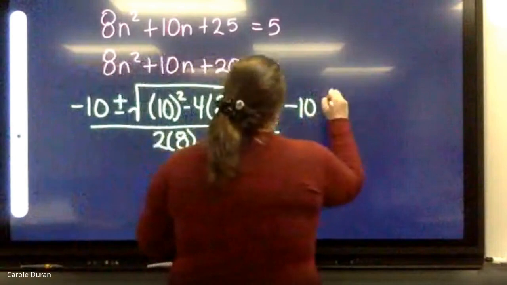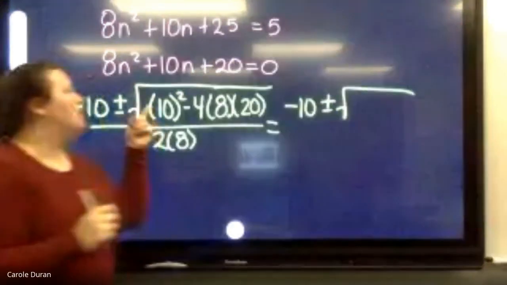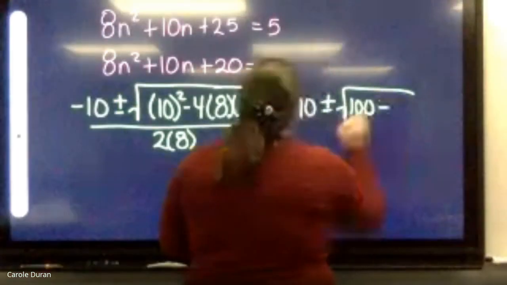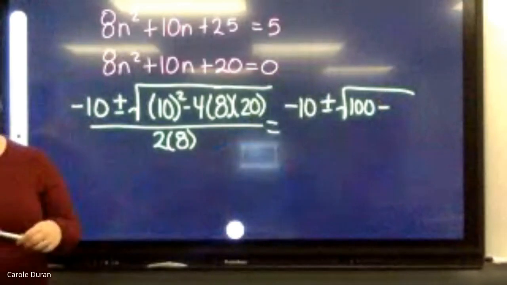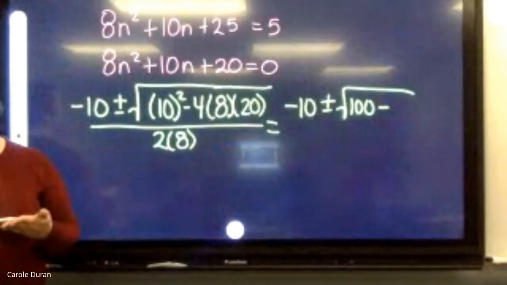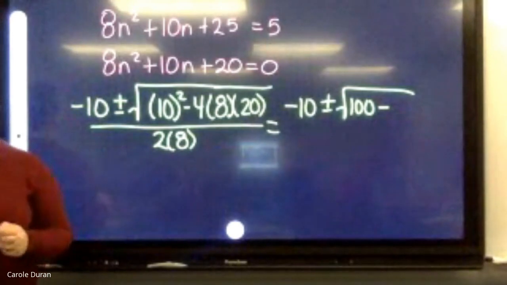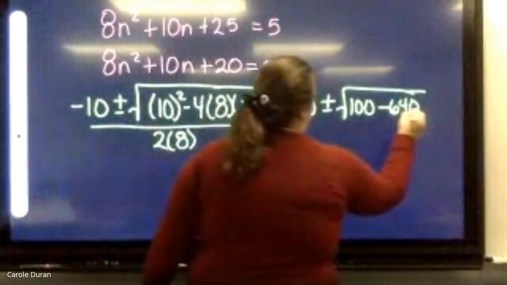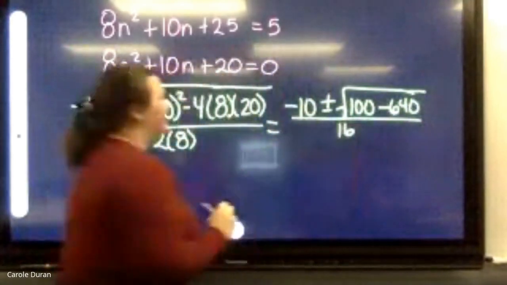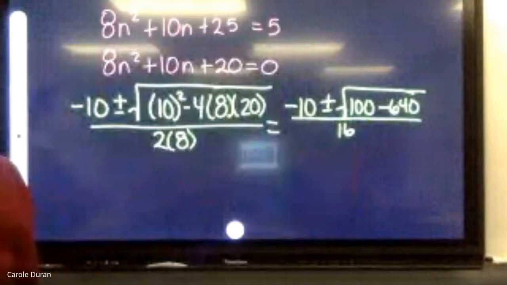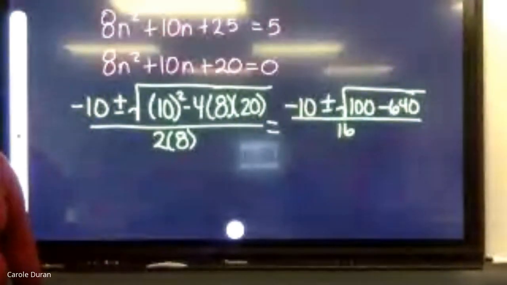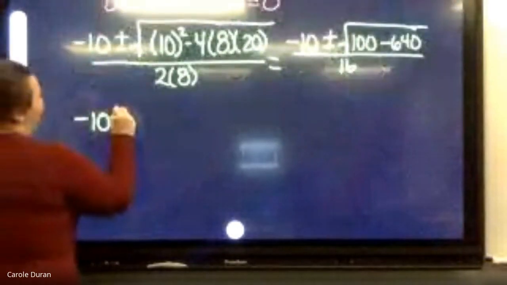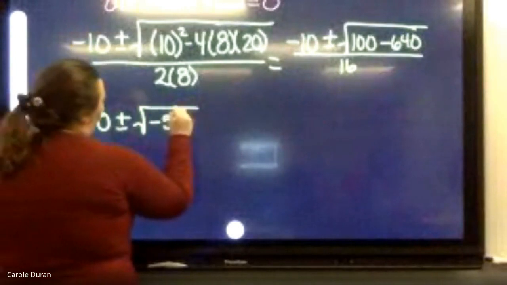I get negative 10 plus or minus the square root of 10 squared, which is 100, minus, what's 4 times 8 times 20? 4 times 8 is 32, times 20 is 640. 100 minus 640 is negative 540. So I get negative 10 plus or minus the square root of negative 540